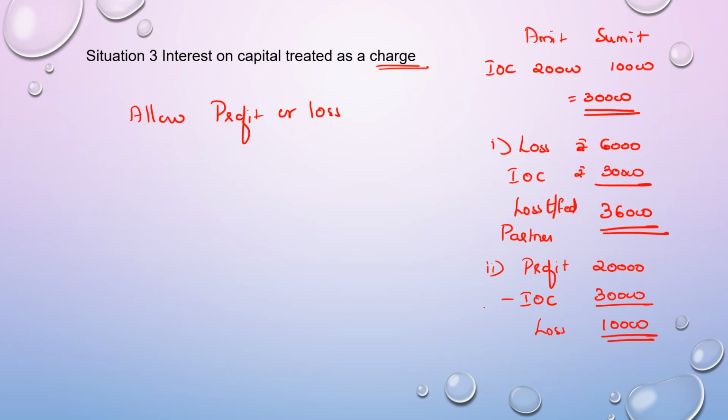So when it is an item of charge, it will go into the profit and loss account on the debit side like any other item of expense which is treated as a charge. This interest on capital would also be put into the profit and loss account, and therefore profit could get converted to loss, and if there is a loss it could get increased further. If there is adequate profit, no problem. To the extent required you provide interest on capital, and whatever is left would get transferred to the appropriation account and then distributed in the manner agreed. So I hope this situation is also very clear to you.